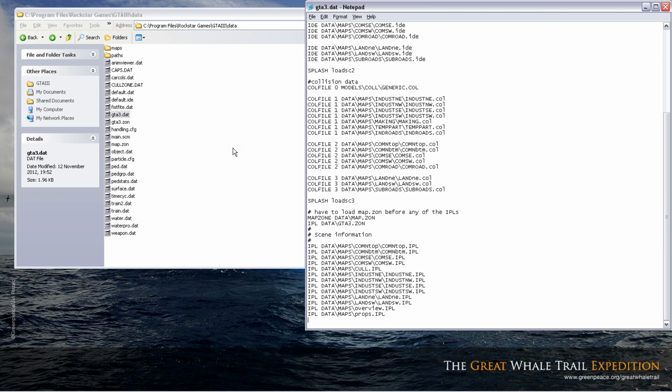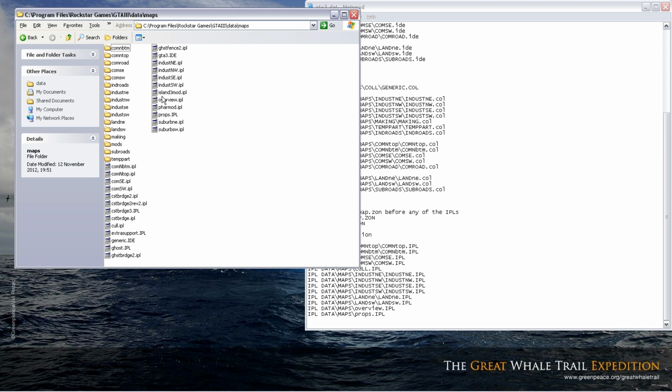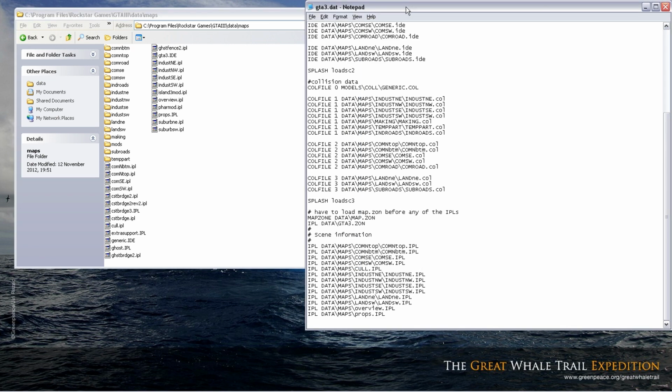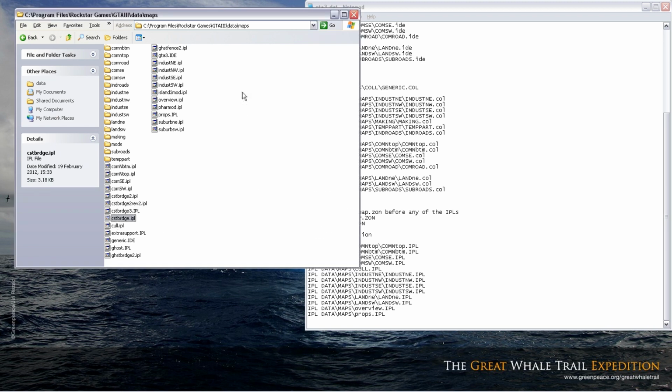Anything we add here will appear in the game, anything we don't add here will not appear in the game, even if the mods are in the maps folder. Unless we put them into the GTA3 folder, they will not appear in the game. As an example, we've dragged all of the mods into the maps folder, but we might only want Coast Bridge 1. So what we do is we put